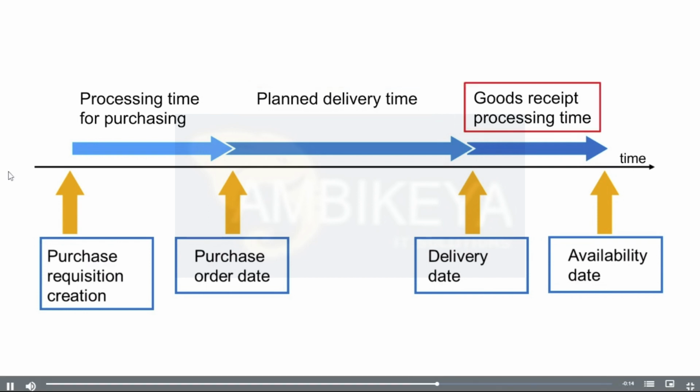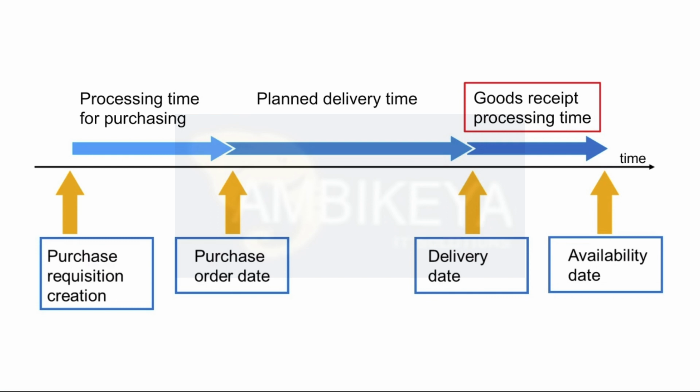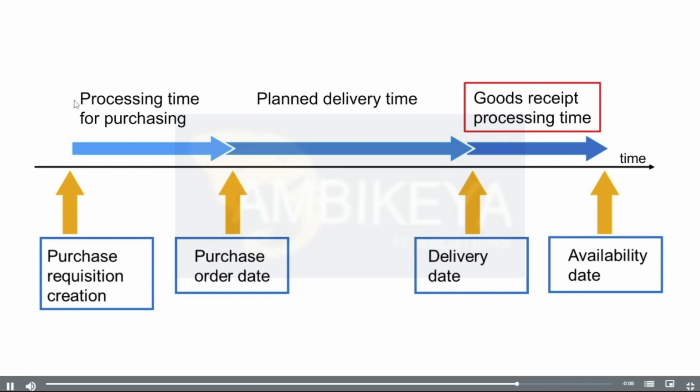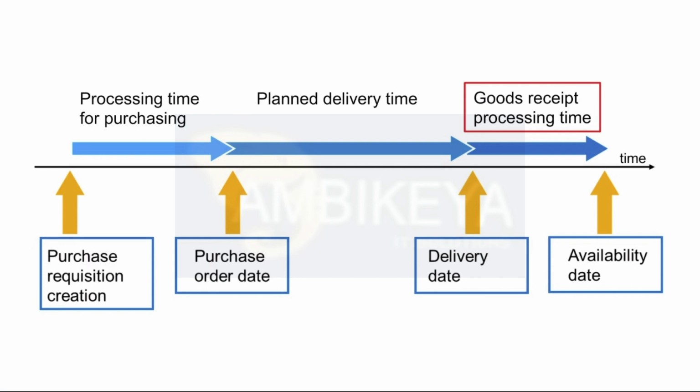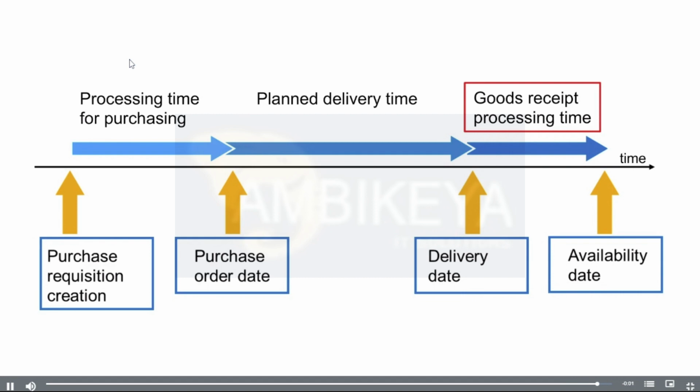The goods receipt processing time, or GR processing time, covers the period from the goods receipt to the availability of the material in the warehouse. It is maintained in working days, according to the factory calendar, in the material master, and/or